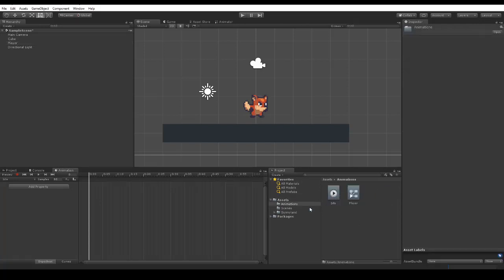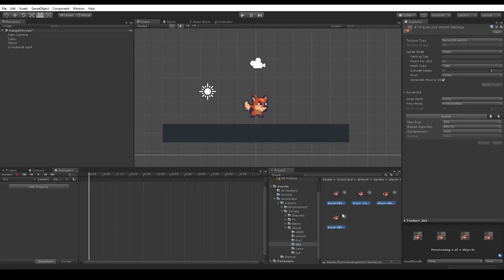Hit animations, to the Sunnyland, artwork, sprites, player, and go to our idle. Then choose every single one from here and drag and drop into the animation, into our idle animation. So now we can see these 4 shapes, and we have to drag them a little bit out so they are a bit more spread. Like, yeah, let's just see, just for measurement, how it works. Let's just spread it back to 40